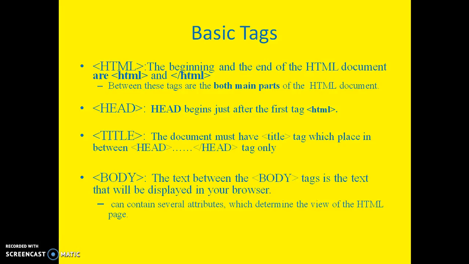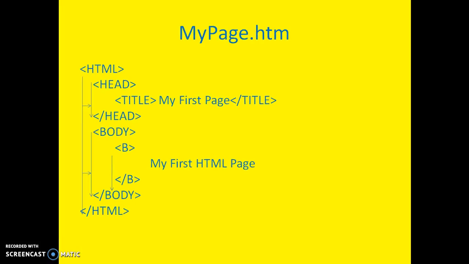Now I am going to show you the structure of my first page of HTML. This is my first HTML document. So normally when I start my file, I will write first HTML and my closing HTML tag. Inside this, I told you there are two subtypes of your HTML tag, that is your opening and closing head tag and your opening and closing body tag. So inside HTML I am going to add a head tag and my closing head tag, then body tag and my closing body tag.